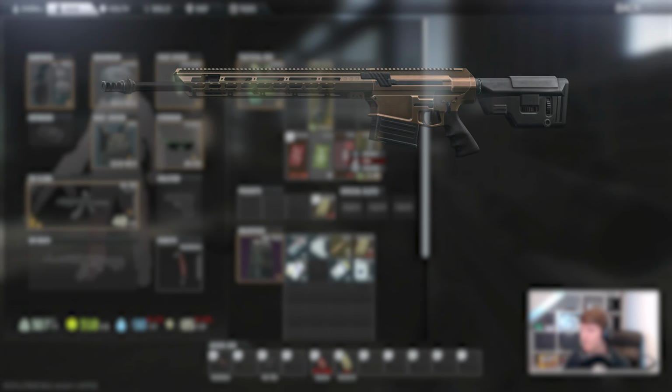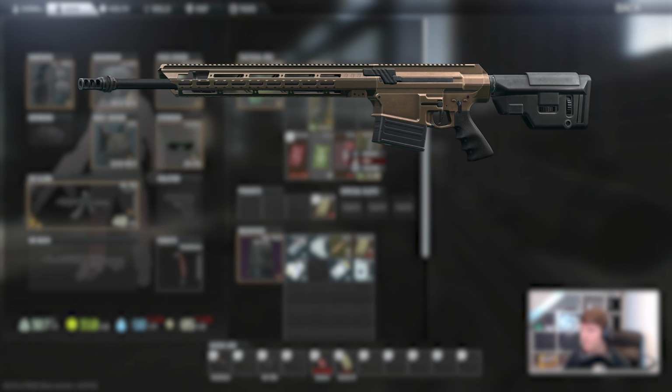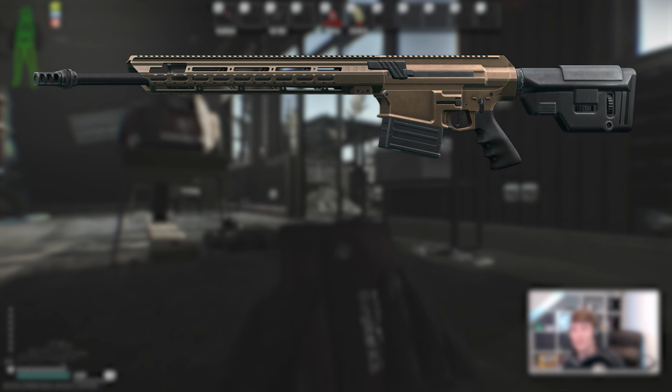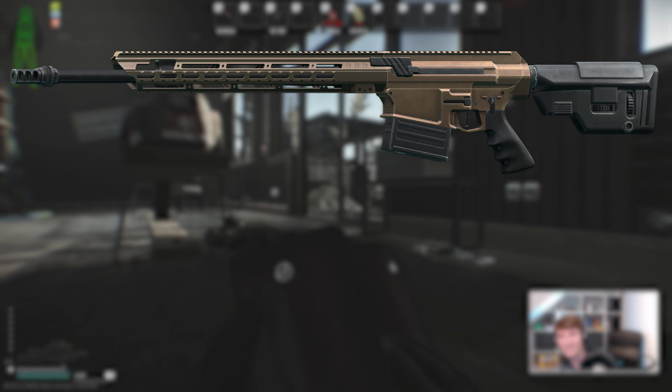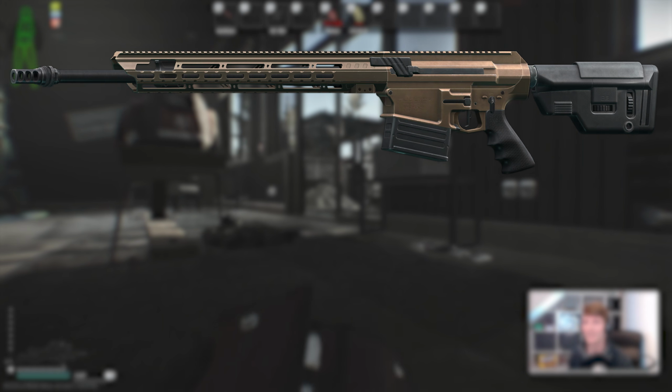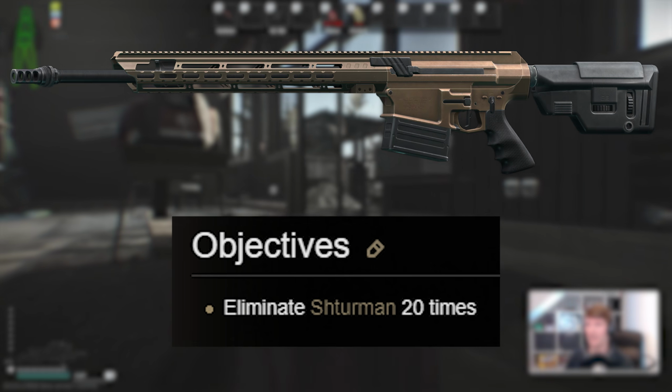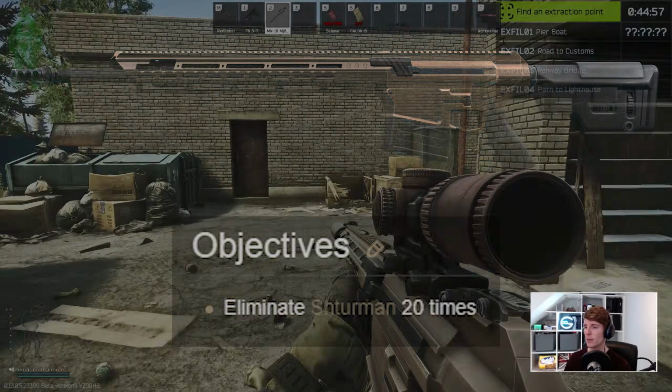The final weapon on Jaeger 4 is the Mark 18 Mjolnir, which is the other weapon in .338 Lapua and arguably one of the scariest guns in the entire game because it's semi-auto. However, this involves completing the quest Hunter first, which means you need to kill Shturman 20 times, which is a hell of a lot. If you do want to do the grind though,